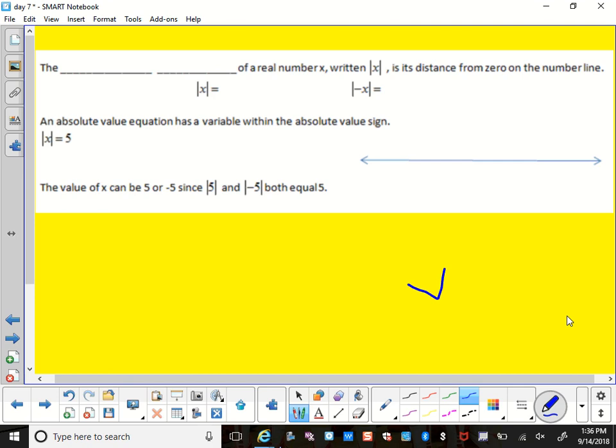Okay, so how about absolute value today? You guys have seen this before. We'll take it a little step further. All right, the absolute value